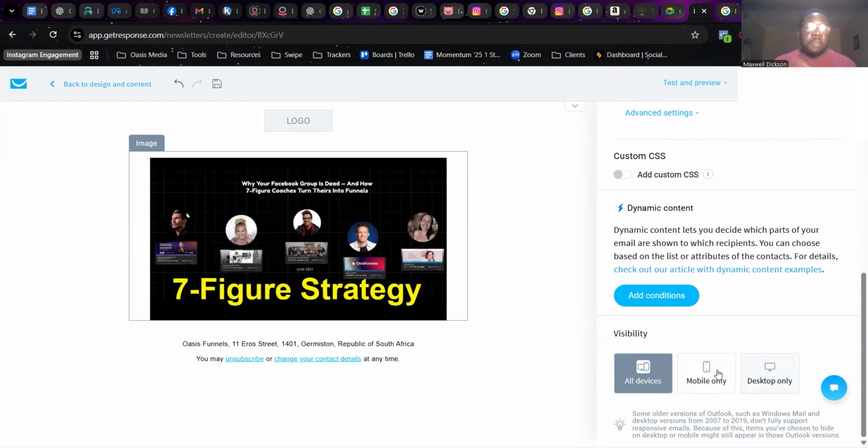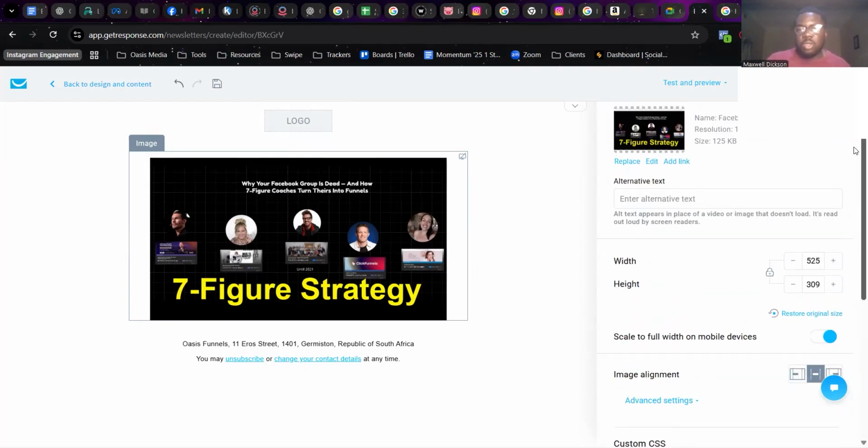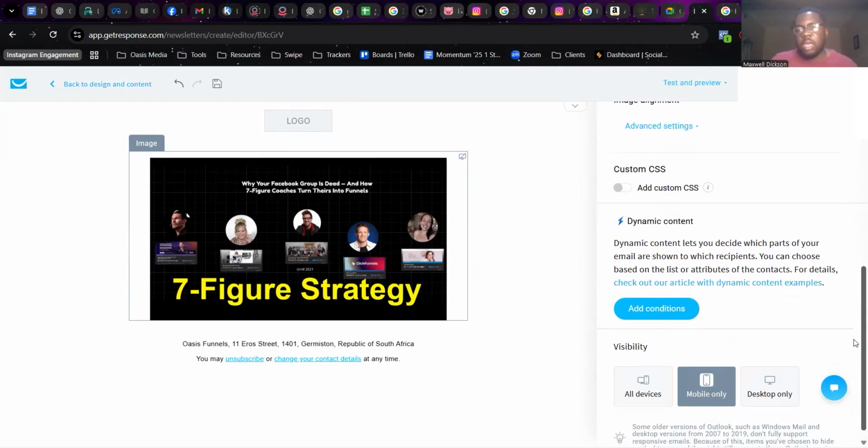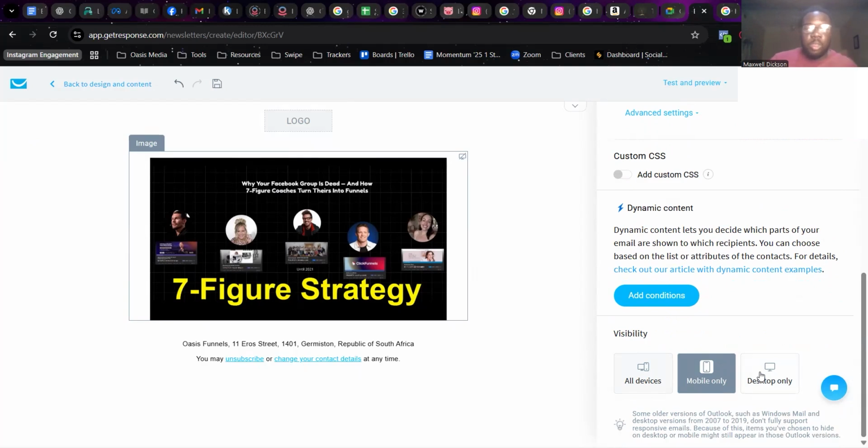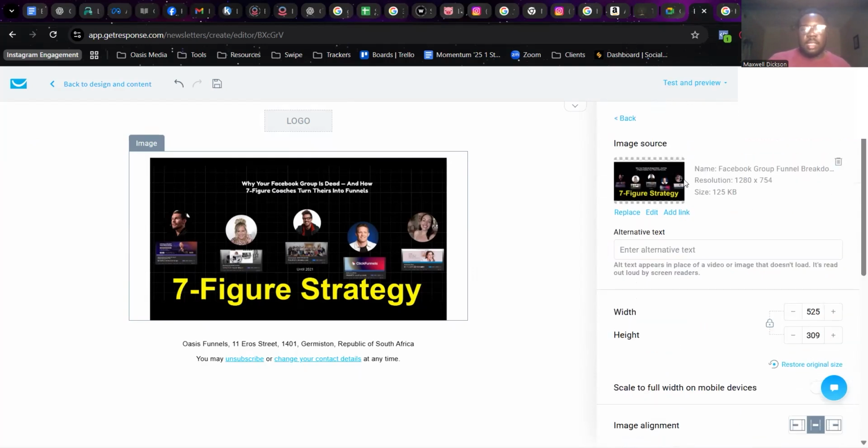And then if you're doing an edit just for mobile devices, you can click like this, and then you're going to be able to edit it just for your emails on mobile. And then if you want it to be specifically just for desktop, you click here and it will give you the desktop option. So then the next thing we're going to do is click the back button,